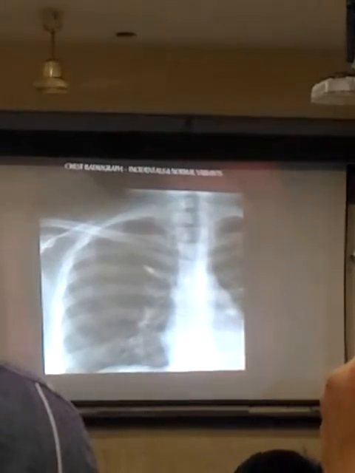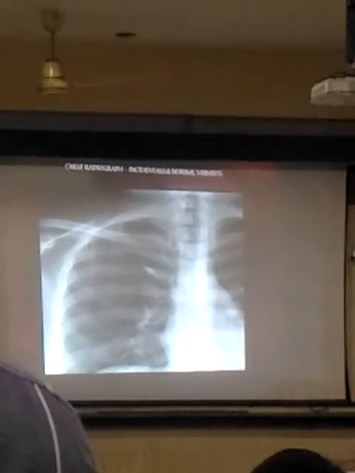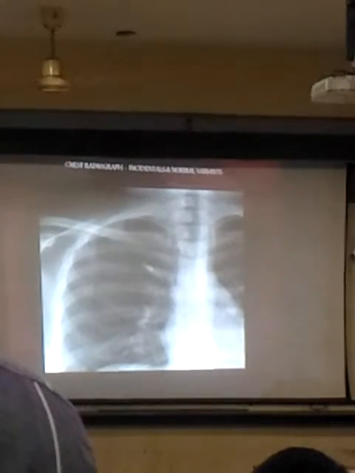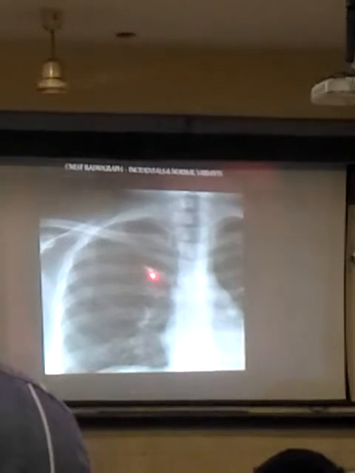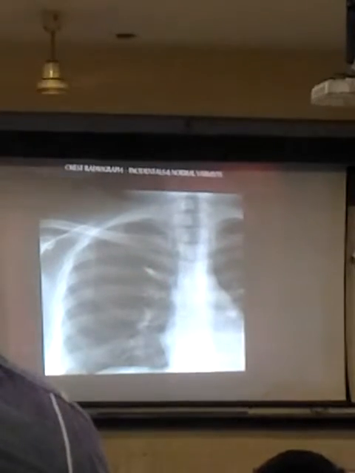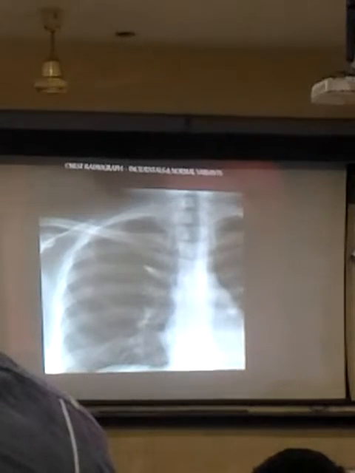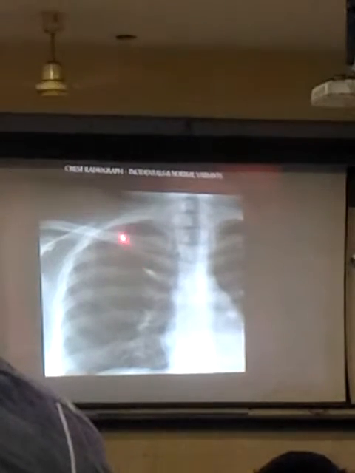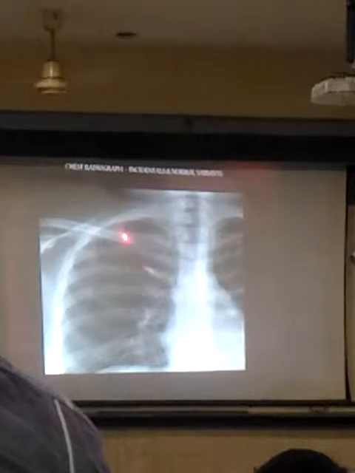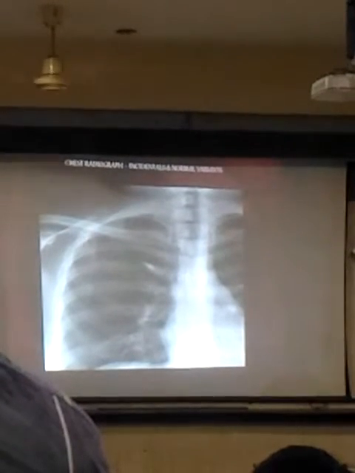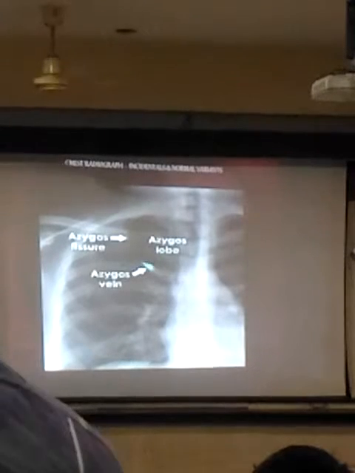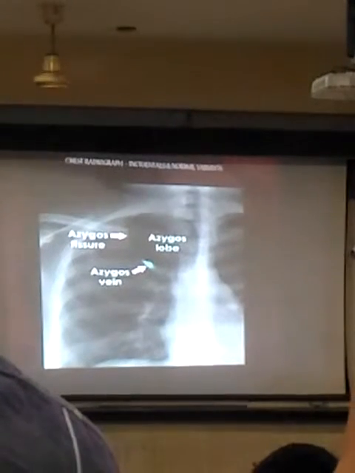Okay. This is something which is very difficult, maybe a lesser known thing, but very specific, so you should know that. See, can you see a small projection here? It is not really projecting well here. There is a small line which is passing out here. It is not very well seen. There is a faint line here. Can you see that? Now this line is what is called the azygous fissure